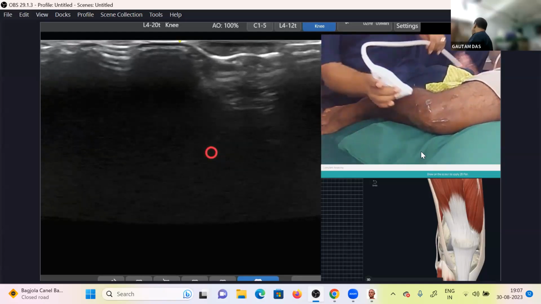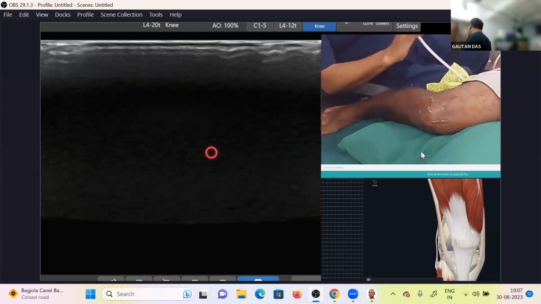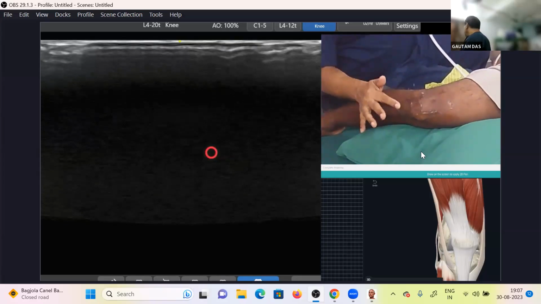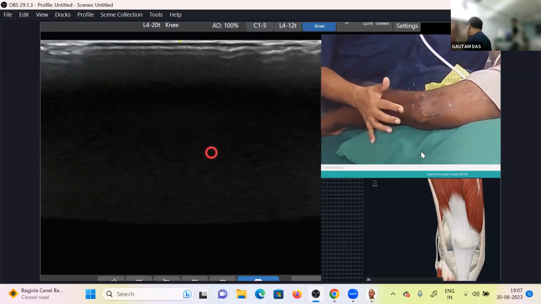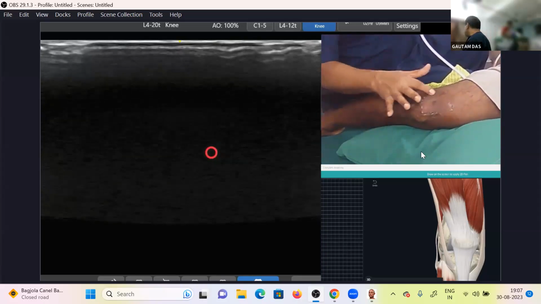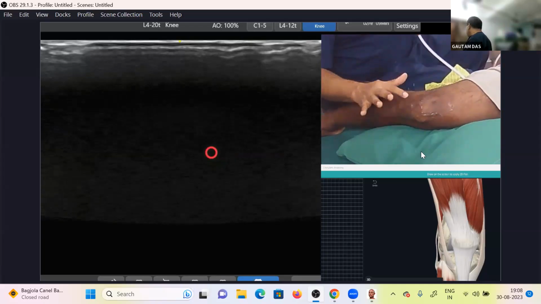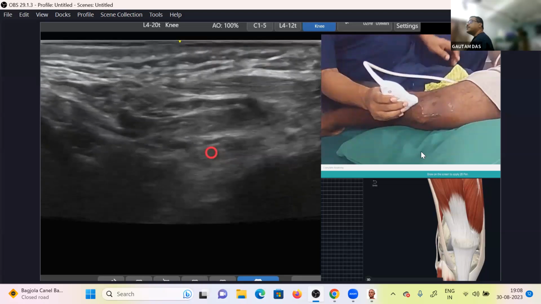So here, two important structures are there. One is, if you are palpating it, here is your fibular head. This is the fibular head, and this is your Gerdy's tubercle. So these two are very important structures. From the Gerdy's tubercle, something will be coming like this, that is your iliotibial band. And from here it will be coming something like that, that will be your lateral collateral. So first let me hold the probe on the